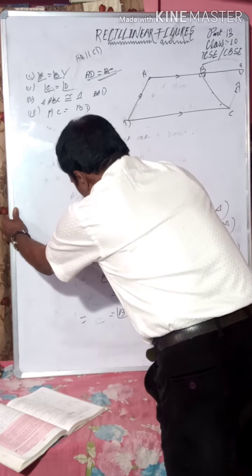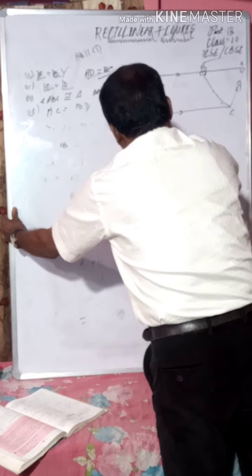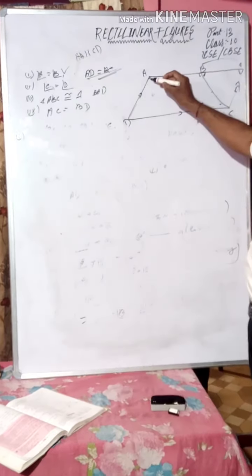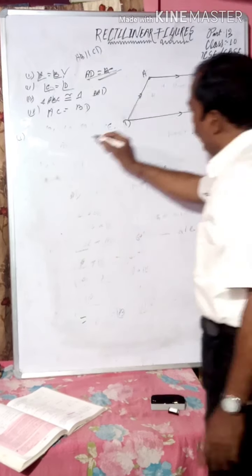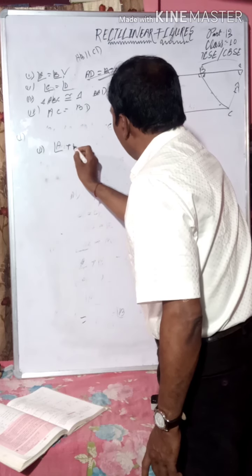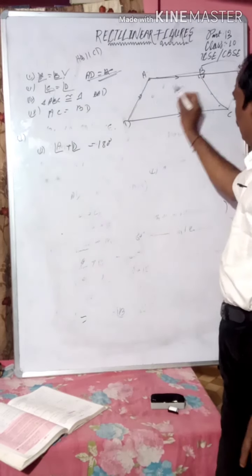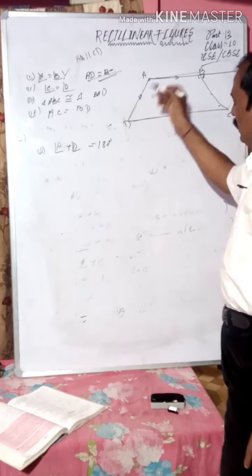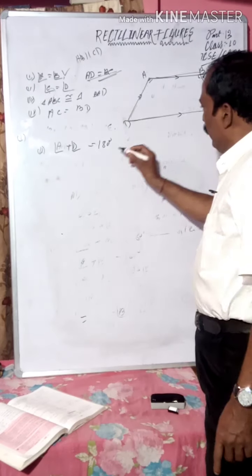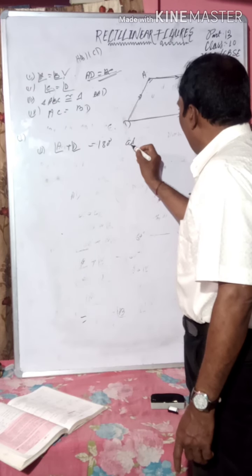Don't worry. This is one kind of complex question. So angle A is equal to angle B. We know angle A plus D is equal to 180 degrees because these are parallel lines and this is the transversal. So the sum of the co-interior angles is 180 degrees. Co-interior angles are adjacent